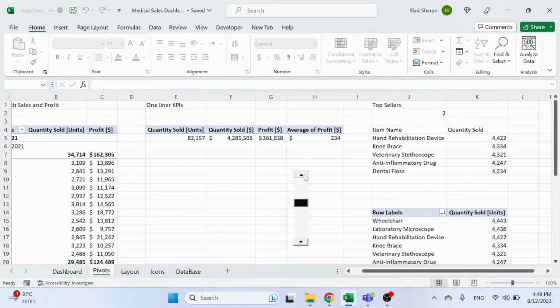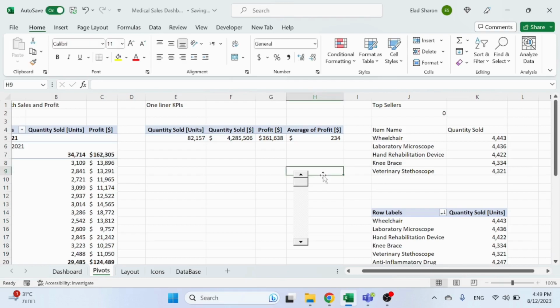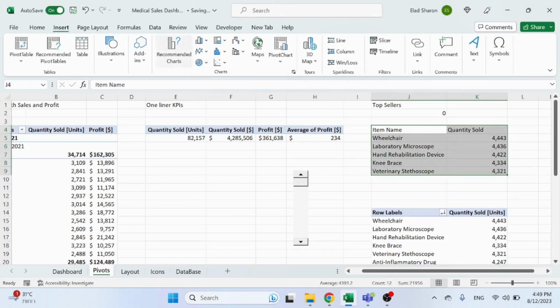So I can of course not limit this to a certain number, as you saw, but that's just a very nice way of showing you the data. And what we could do is just take this and create a chart